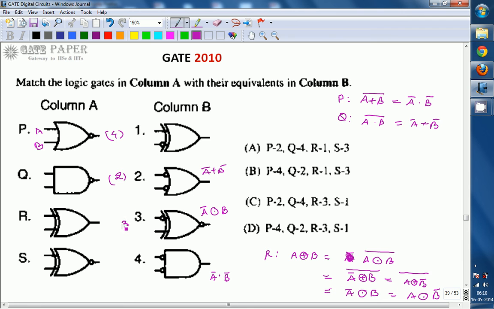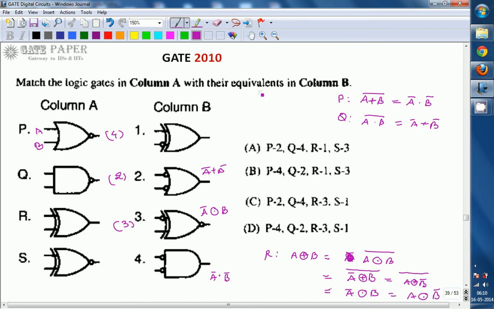And S is nothing but A XNOR B, which can be written as A bar exclusive-OR B or A exclusive-OR B bar. The leftover is 1.